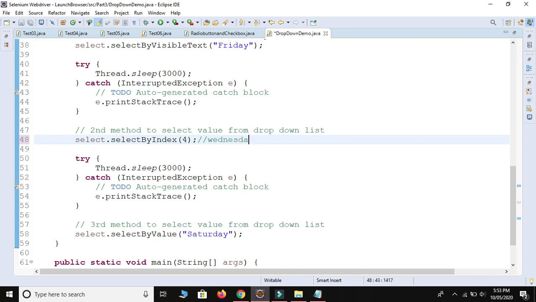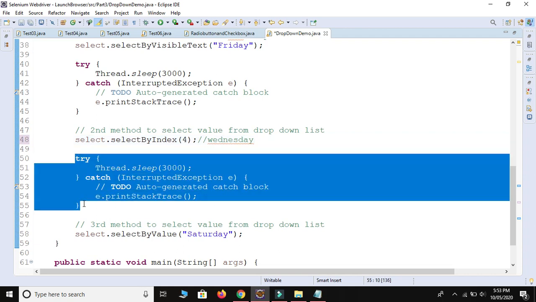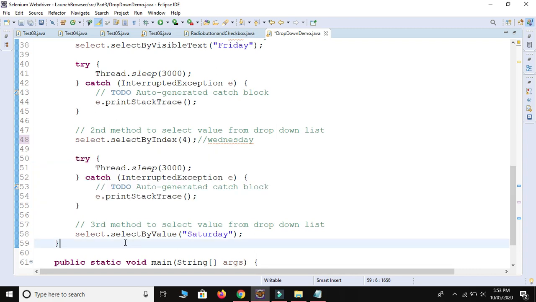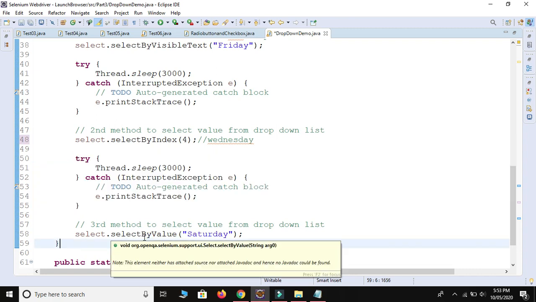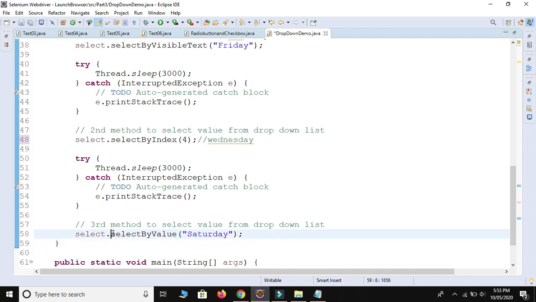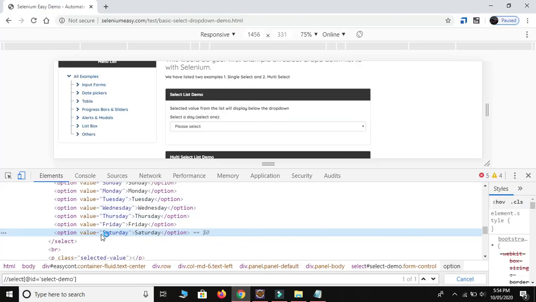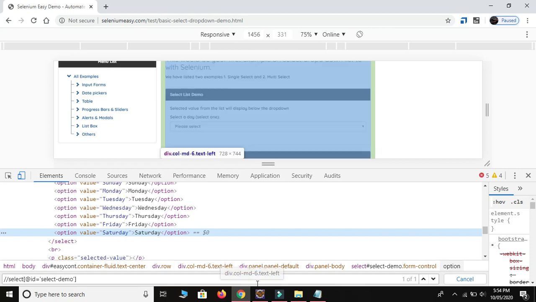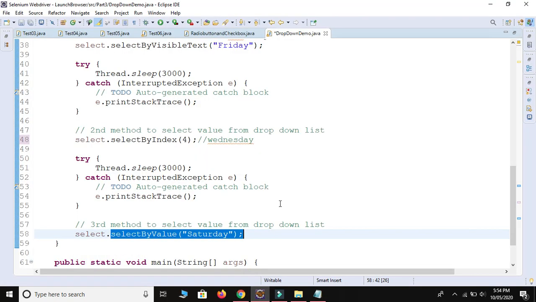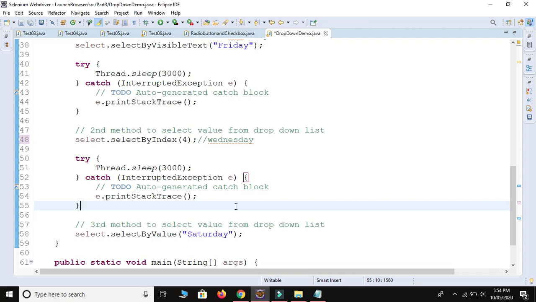Then after selecting Wednesday, it will wait for 3 seconds and again select our third sub element with the help of select by value, and we are able to see the value of Saturday is Saturday. So I have written Saturday here. So Control Shift F, Control Save.